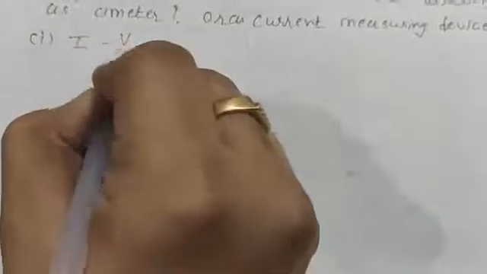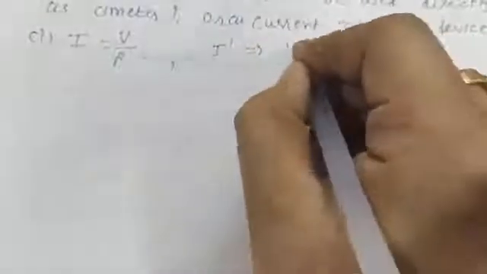So the reason is, the first reason you will explain in detail, but I am giving only brief detail. The first reason is current is changing. Actually we want to measure the current I equal to V upon R, but by connecting the galvanometer the current is becoming I equal to V upon (R plus G).